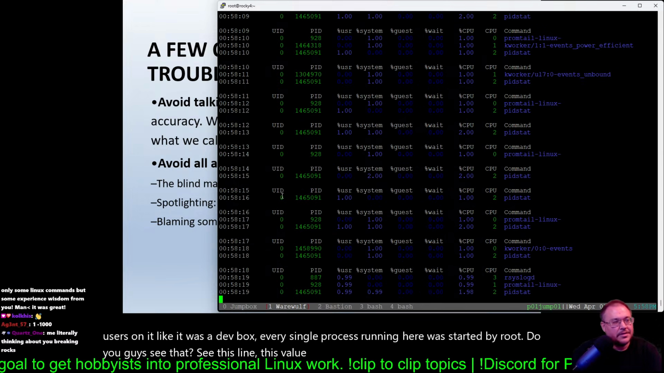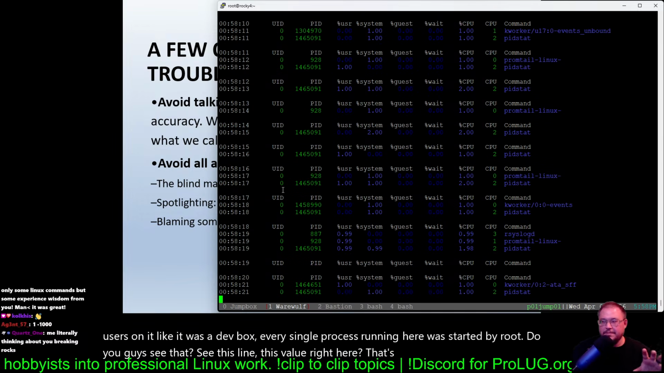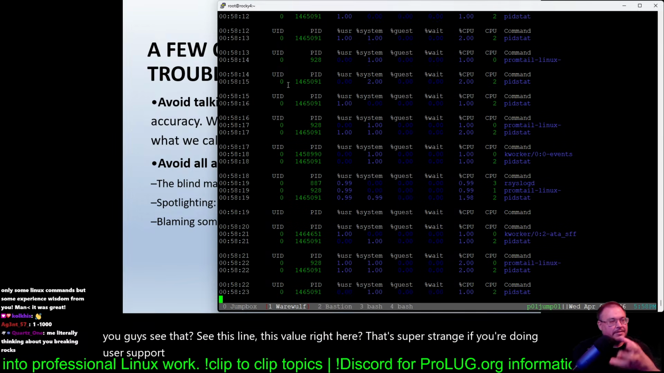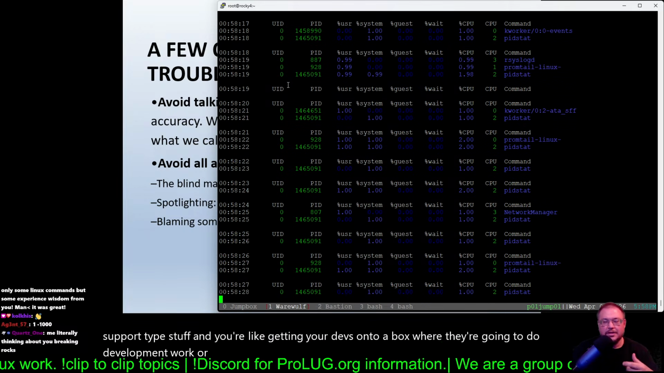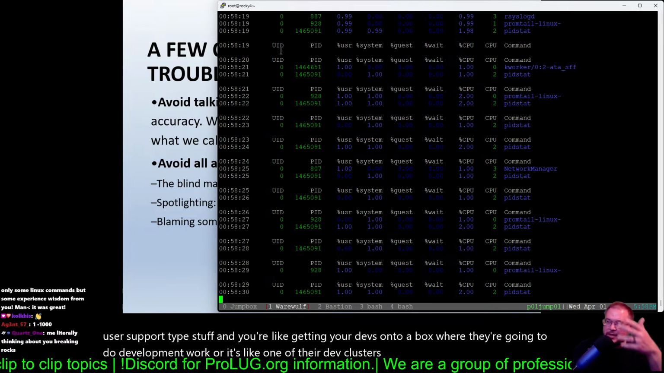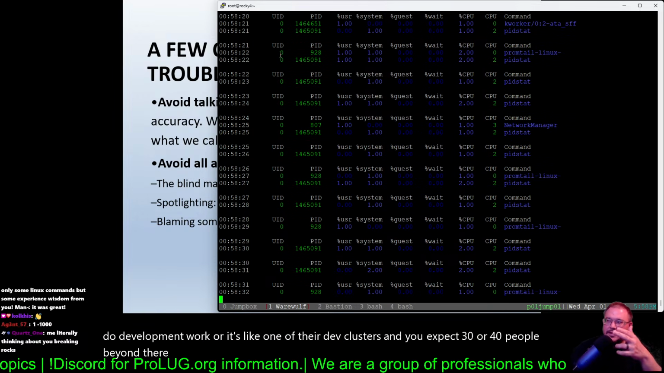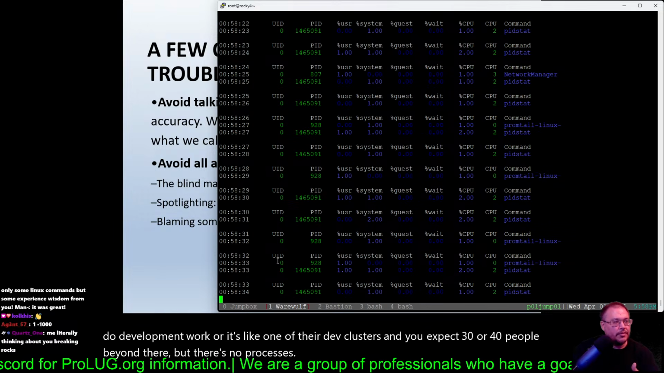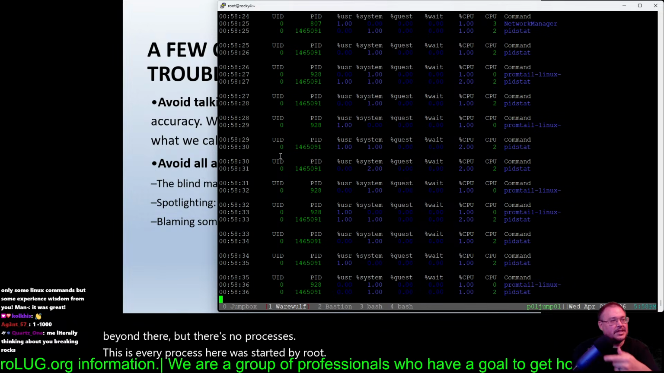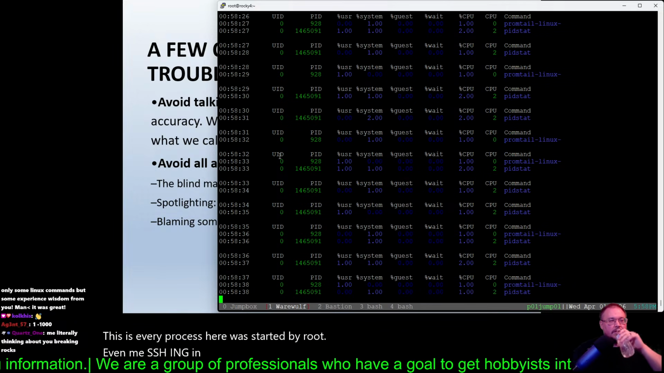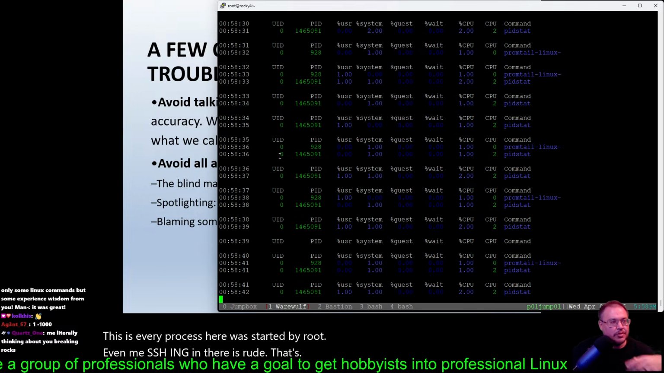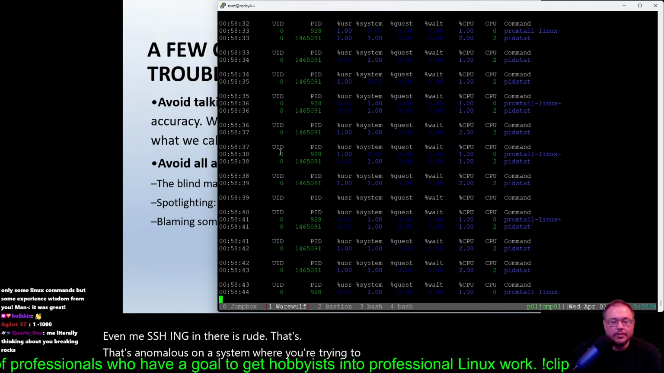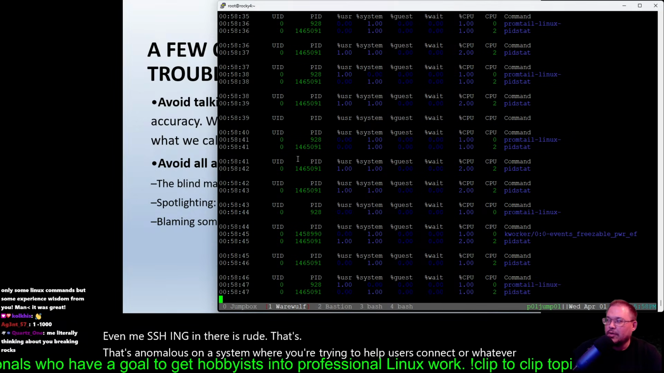That's super strange. If you're doing user support type stuff and you're getting your devs onto a box where they're going to do development work, or it's one of their dev clusters and you expect 30 or 40 people to be on there, but there's no processes. Every process here was started by root. Even me SSHing in there is root. That's anomalous